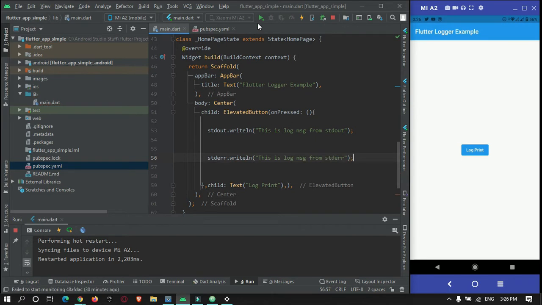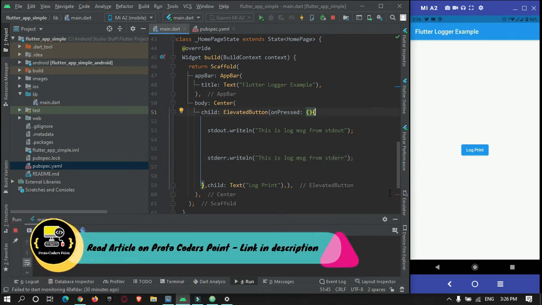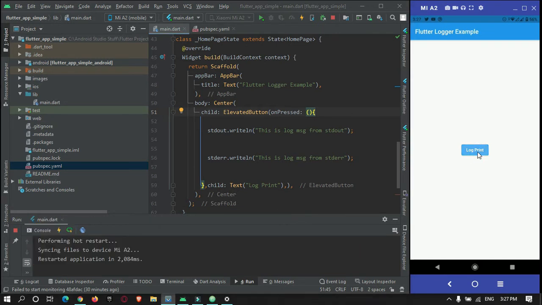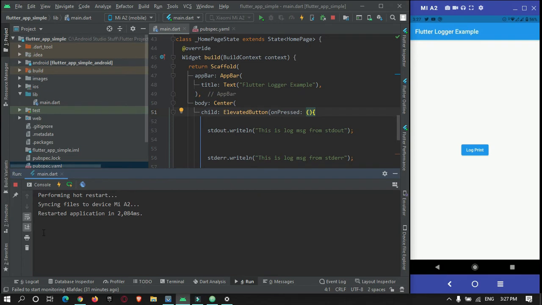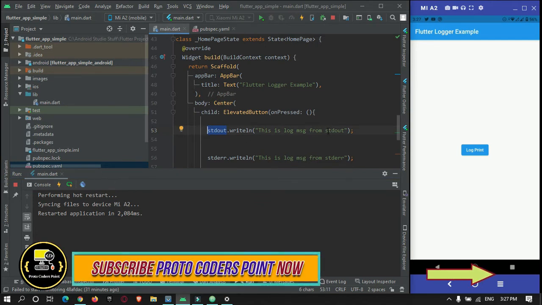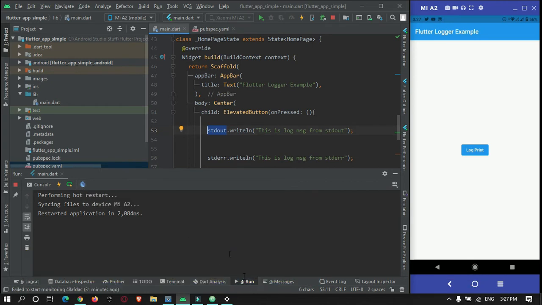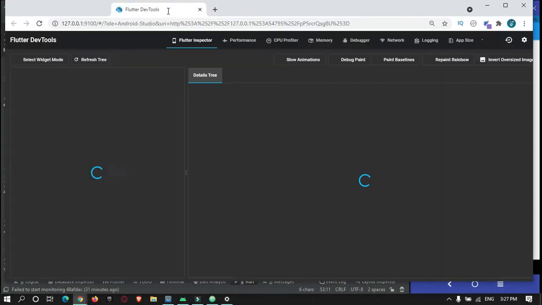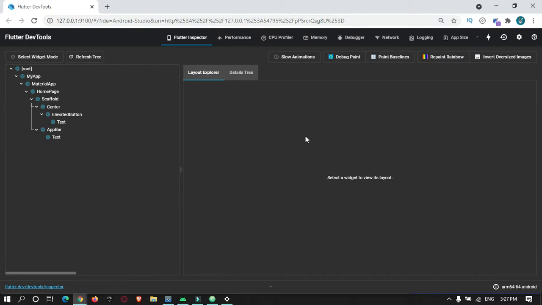Okay, so I will just restart our app now. Okay, so our app has been restarted. So when I press on this log button, there is no print output over here, as you can see. Because we are using stdout, to view this log, you need to go to Dev Tools. Over here under Run, Dev Tools, open it, and a URL will open in your browser. Just open your browser. Okay, so here is your full app structure.